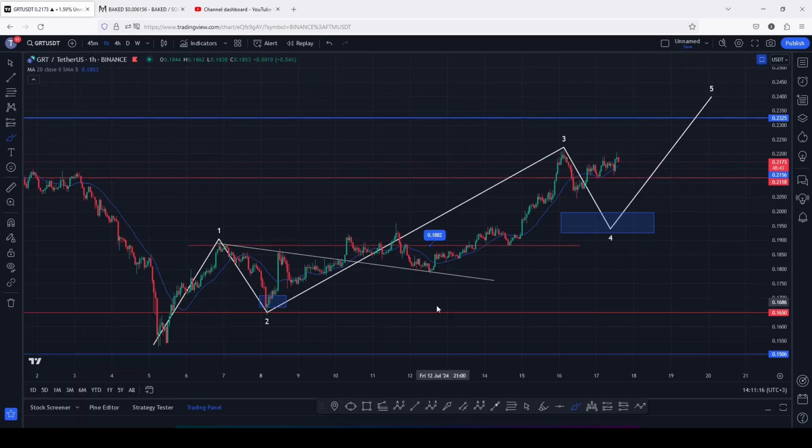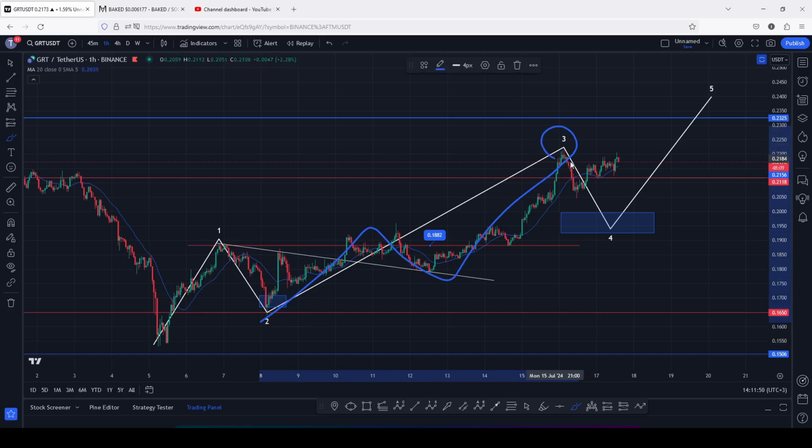Starting the video by first giving you a quick recap of this Elliott wave structure, which started to play out on the 5th of July when we got this massive breakdown move, giving us a low below the 0.1546. Afterwards we saw a very nice bounce to the upside where we first peaked in the formation of this Elliott wave count 1. Then we saw a bit of a breakdown move in the formation of this Elliott wave count 2. And after we got the low for that second wave, we saw a very impulsive movement to the upside in